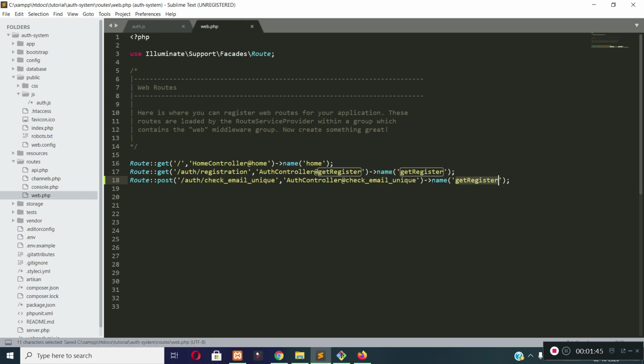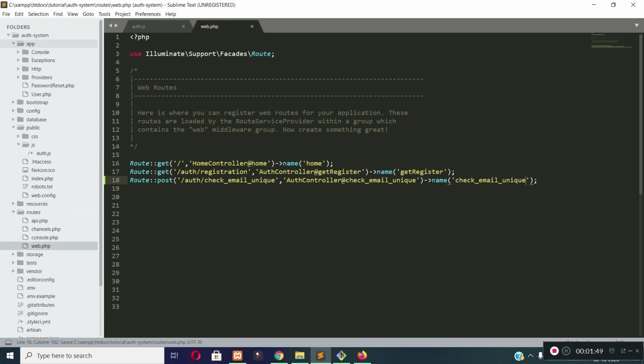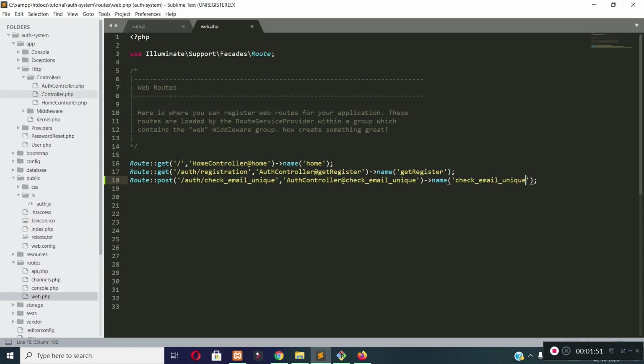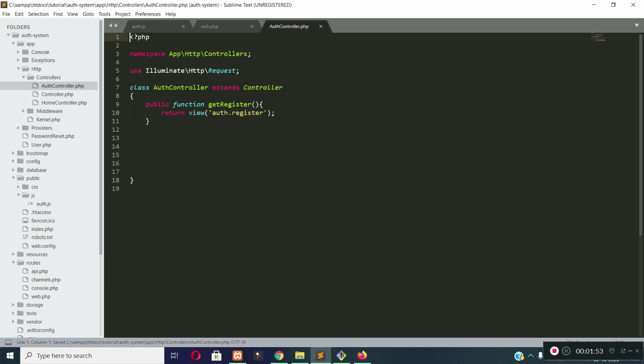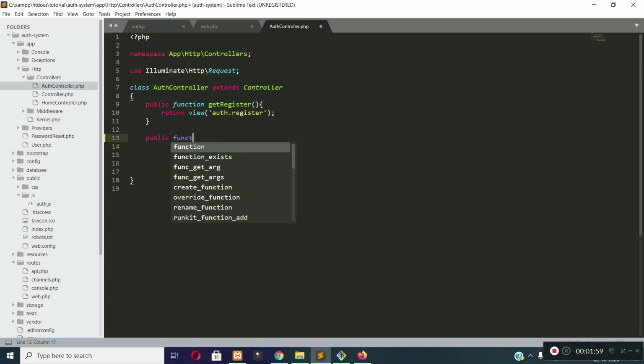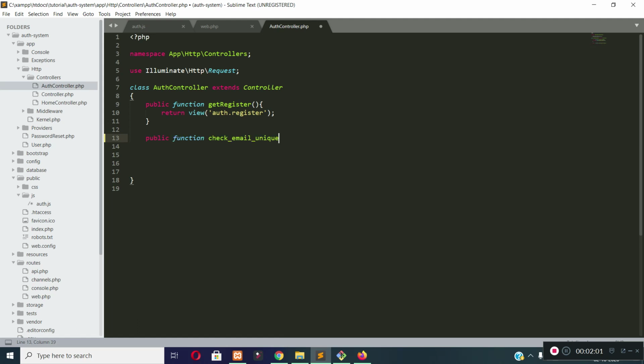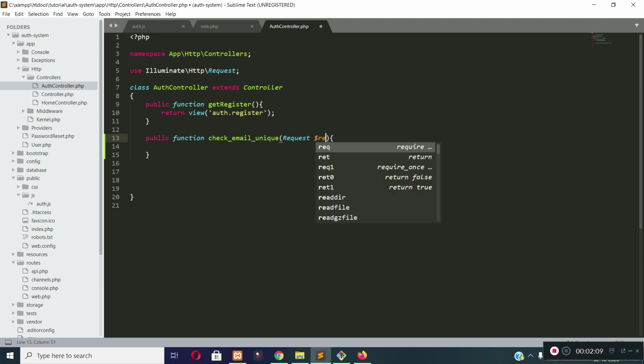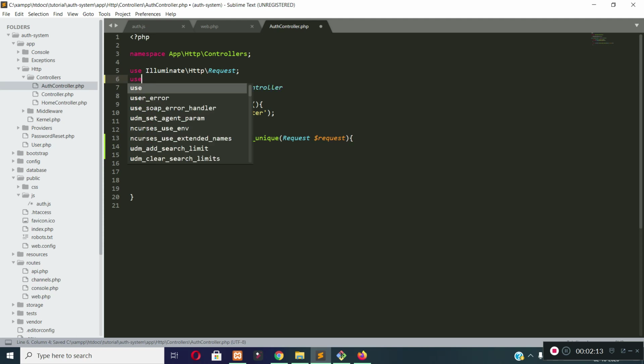I did not create the method, so let's open auth controller, which is under app http controllers folder, and let's create a method called check email unique. And let's accept request object as a parameter here, and then let's import user model at the top,